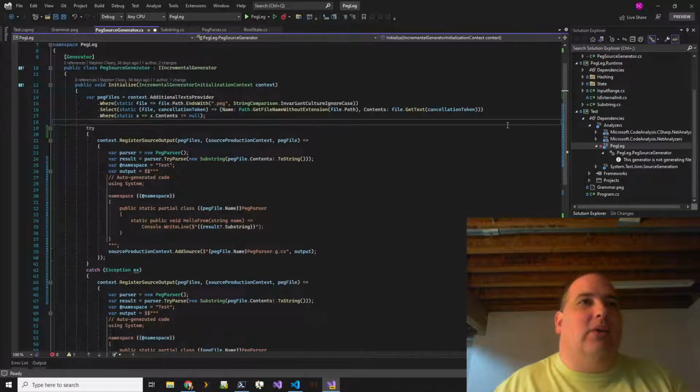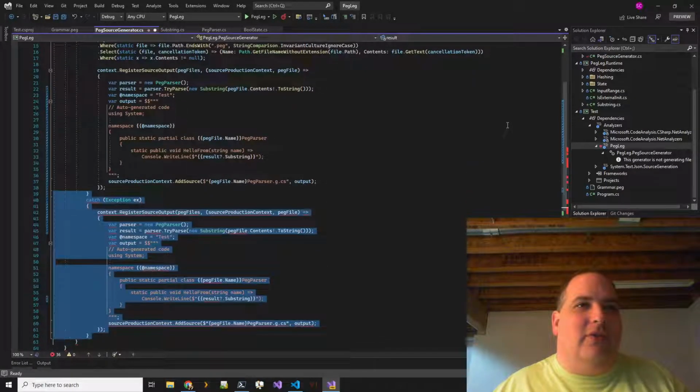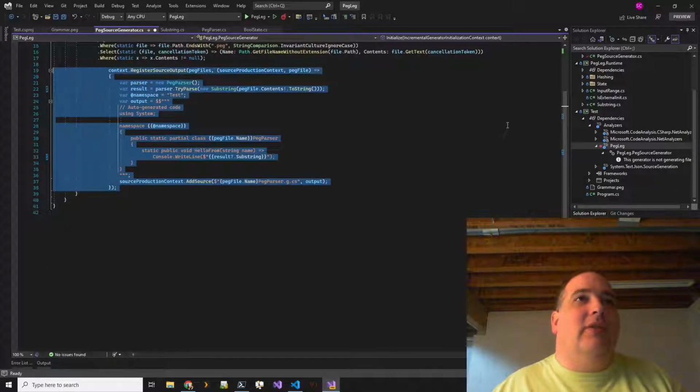Of course not. Wow. Sorry, I'm thinking old school source generators and not incremental generators. That try-catch cannot go there. It's got to be inside of this lambda.